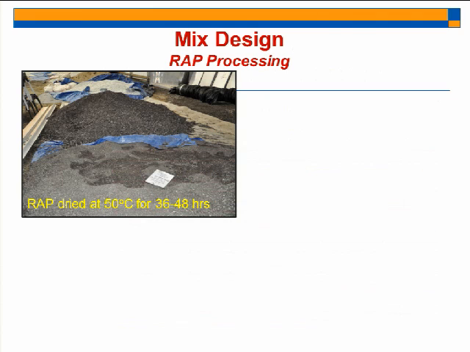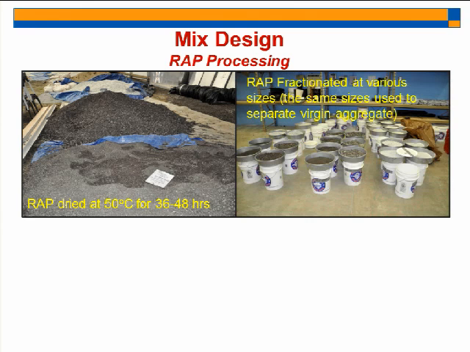So in this slide I am going to show how we process our RAP in our lab. First of all, as you can see, we got RAP in two stockpiles, plus 3/8 and minus 3/8. We first dry our RAP for around 36 to 48 hours at 50 degrees centigrade. Then we fractionate the RAP similar to our virgin aggregate, and the